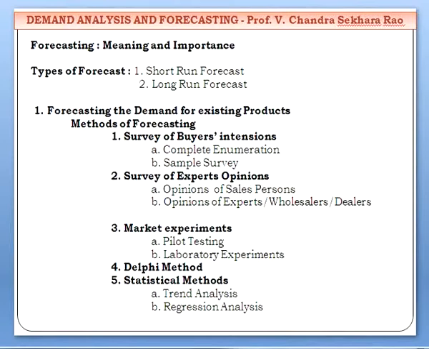Existing products means the firm is already in the business and the products are already sold to the customers. There is past data available. So using the past data, you can project into the future. So past experience acts as a guide to project into the future. So what are the methods of estimating the demand for the existing products?